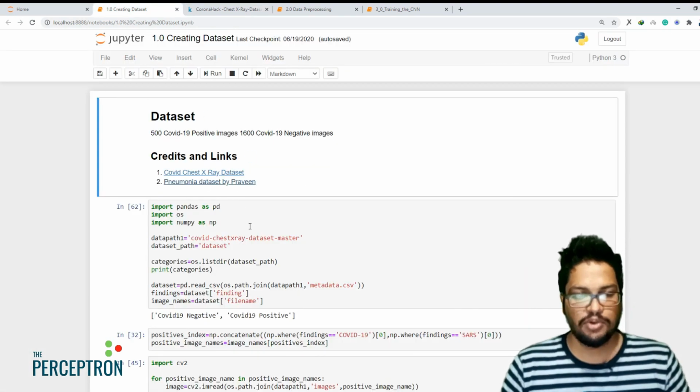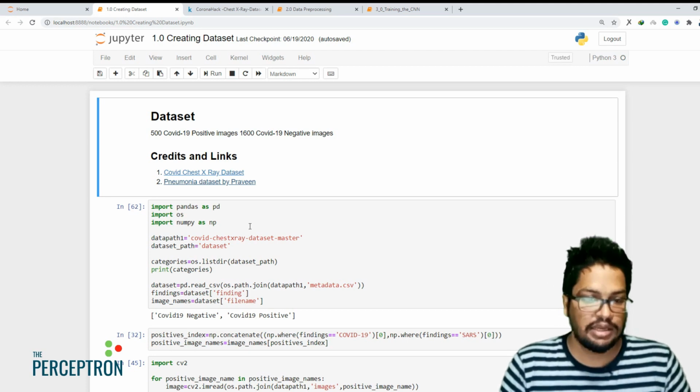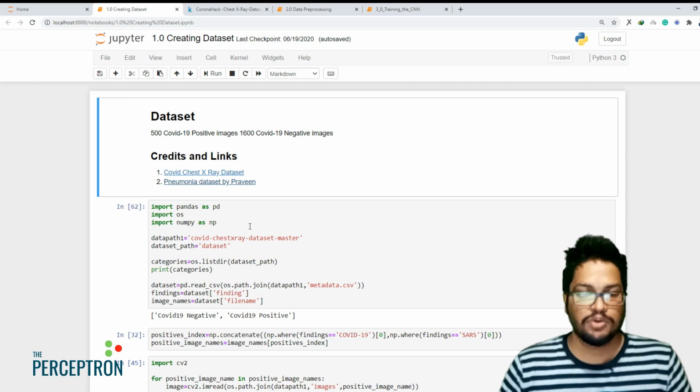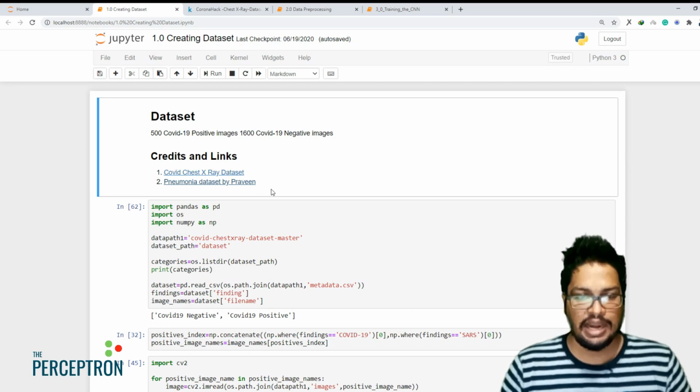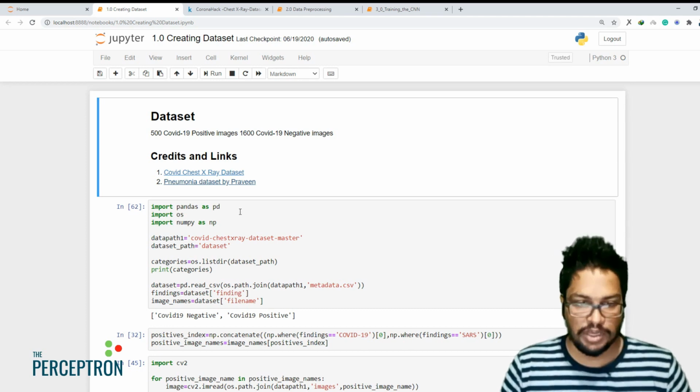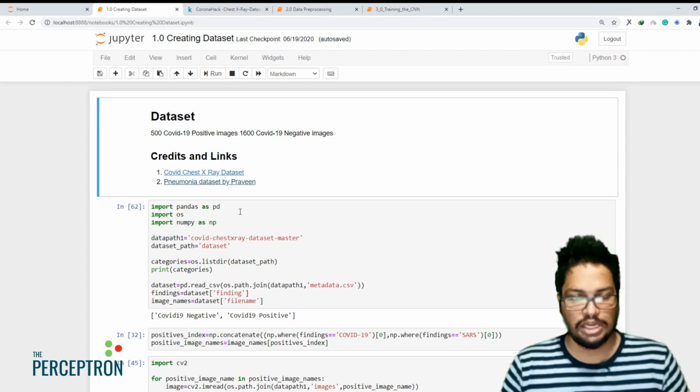In this code, I'm going to write a small Python script where we can extract the COVID-19 positive images from this COVID chest X-ray data set, and normal, that means pneumonia negative images as the normal COVID-19 negative images from the pneumonia dataset. So those two categories of images will be used to train my neural network